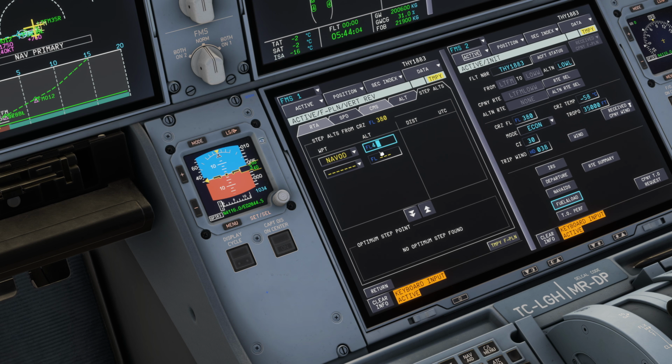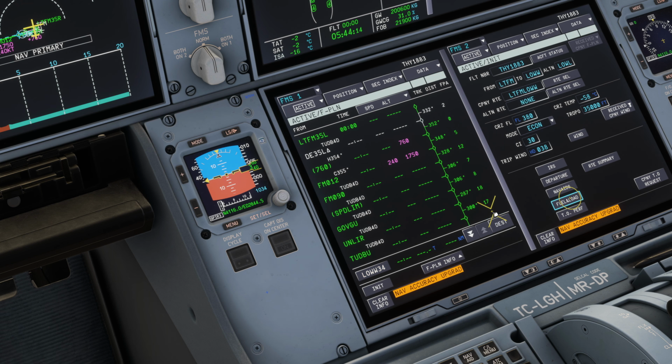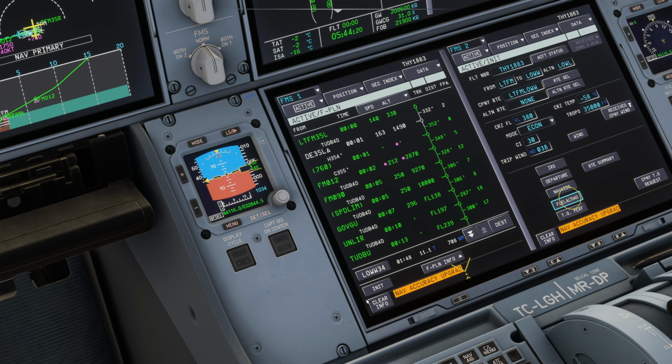We're going to enter 400, press insert, and that's it. Like that you have now entered your step climb. Then you go to temporary flight plan, insert temporary, and that's your step climb entered. Now if you are on the